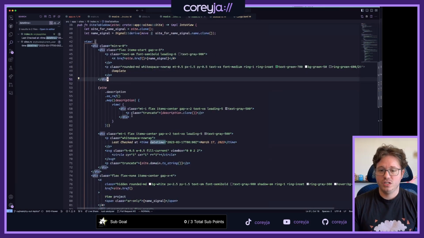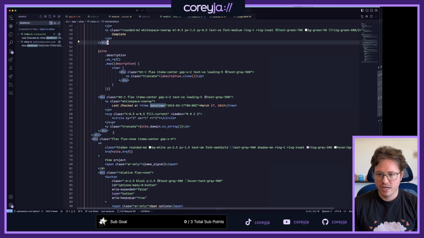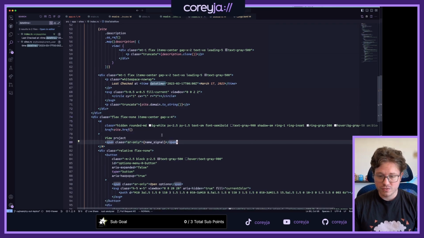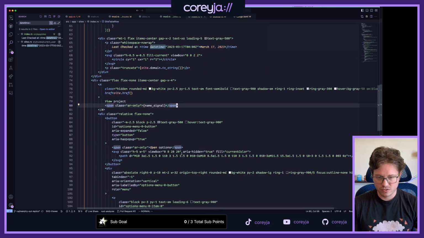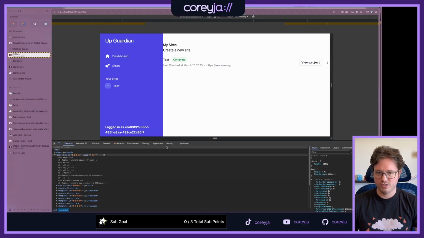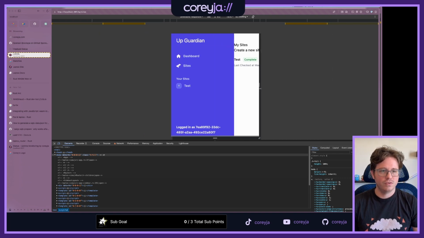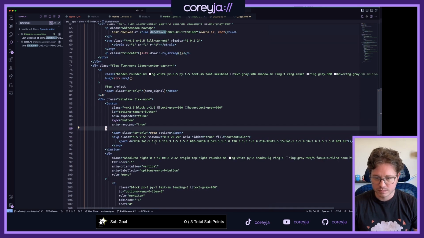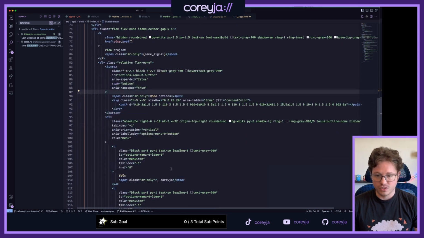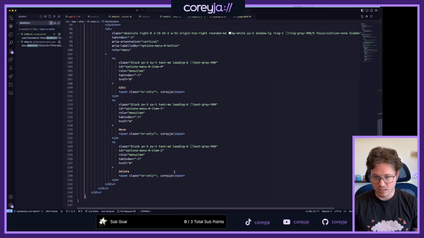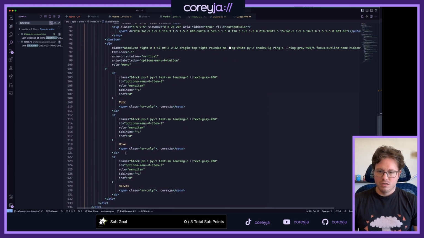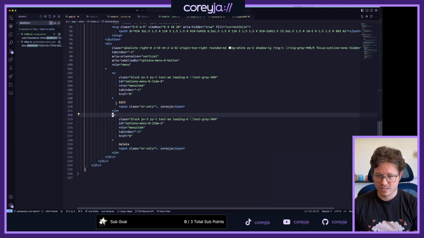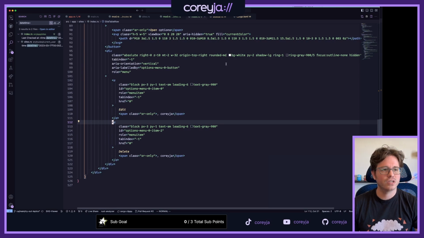We got the description in here. We don't have last checked at. Maybe we'll grab that soon. We have the name in this view projects thing here. Here's open options. Oh, okay, so that's probably this thing, which I don't even have implemented. Okay, cool. Well, we could open our options thing in a minute if we wanted to. These are our options. Love it. There's an edit, a move, and a delete. Yeah, that kind of does make sense, right? We probably want an edit. I don't think I want to move just because a move doesn't really make sense in my context, but an edit and a delete makes sense.